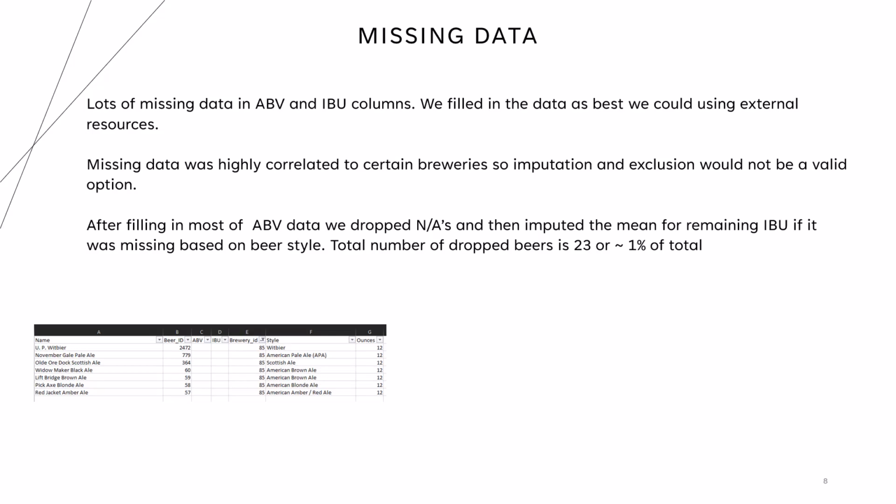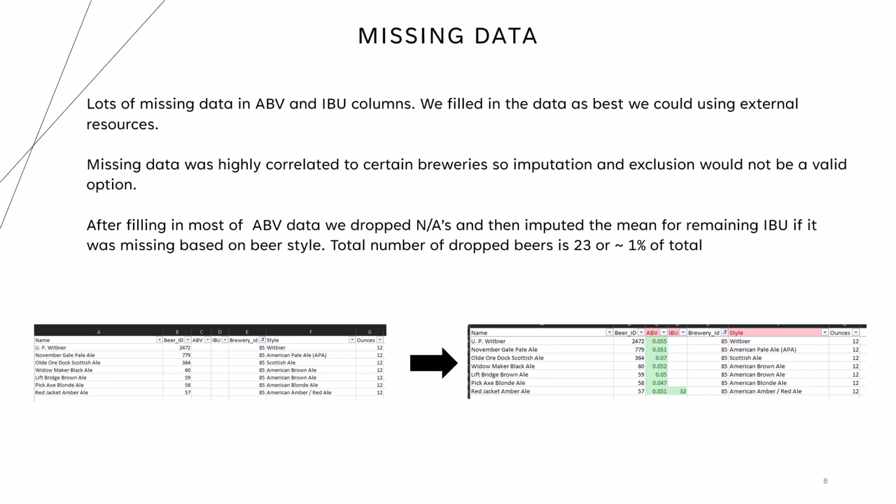So let's talk about how we handled missing data. The first thing we noticed when we got this data set on the beer side of things was there were a lot of missing values for both ABV and IBU. We decided that it wouldn't be fair to impute or exclude the missing values, mainly because certain breweries were missing all of the values for ABV and IBU, and it didn't seem to be missing at random enough for us. So we went out to external sources and pulled in that data as best we could.